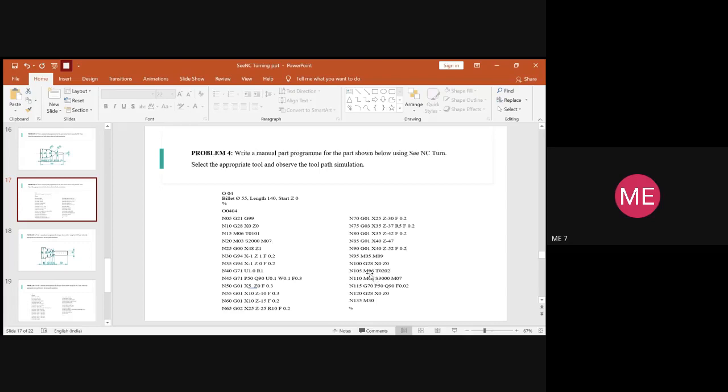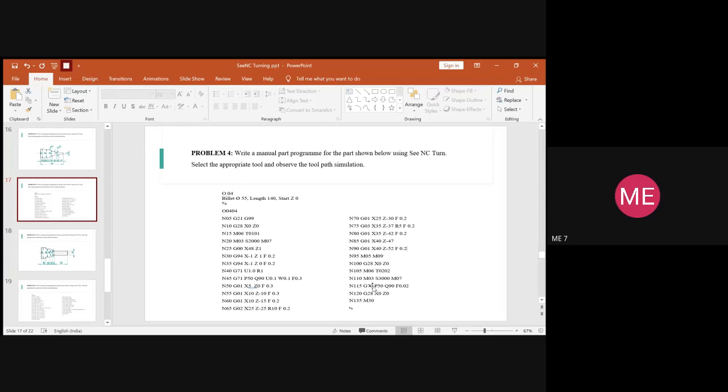Now you will change the tool from the rough turning cycle to that of smooth finishing. For smooth finishing, we always go with tool number 2 and offset number 2. So now you are putting the change of tool with respect to the tool that is needed. Once the tool has been selected, what is our next step? We have to turn the spindle on, provide the spindle speed, and turn the coolant on also. Please don't forget to turn the coolant on. It is very much essential.